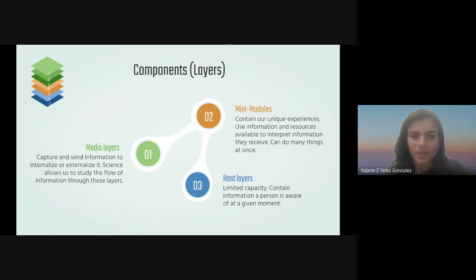So in that way, they are limited to what we are paying attention to, what we are studying and evaluating at a given moment. So of all the information that is in our subconscious, our host layers can have access to certain parts of it, and they are able to process that information differently. And so our mini modules take care of those automatic processing and understanding everything that's going on. So our host layers can have a little bit more time and evaluate, make decisions, and compare stuff. They can identify things, which is something that our mini modules can't do because they want to do everything fast and automatically.